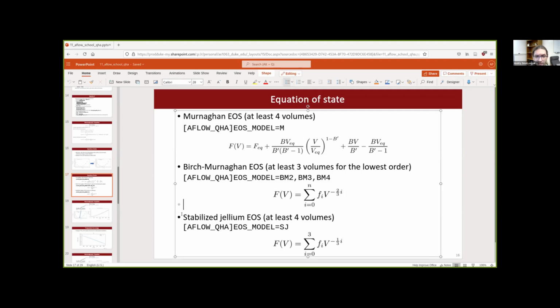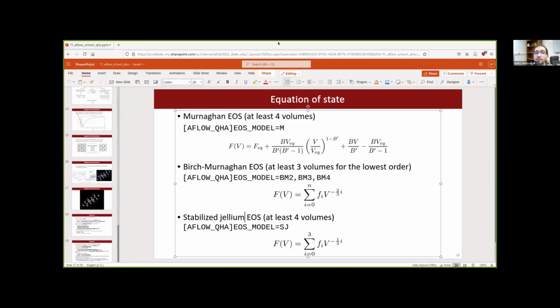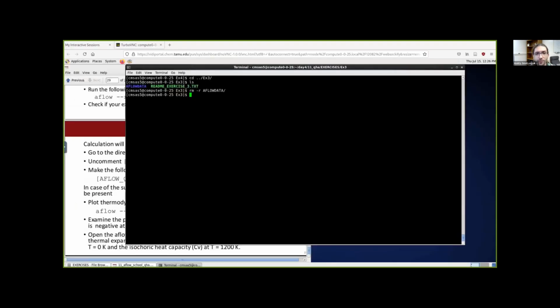Generally, I would recommend to stay with the stabilized jellium EOS model. It's usually robust enough. If there are no more questions, I will actually show you how you would do an exercise. So for the third one,